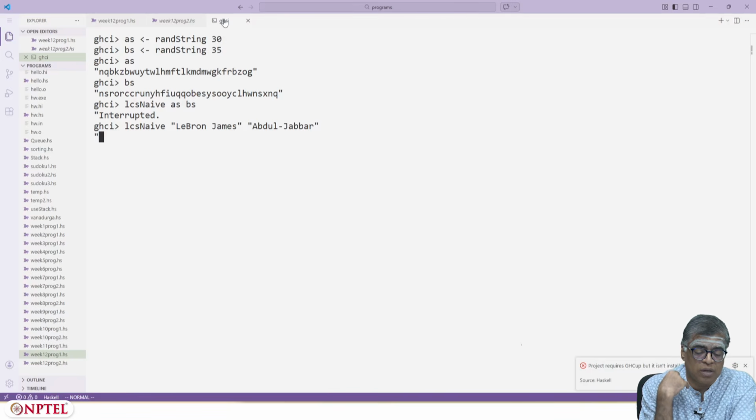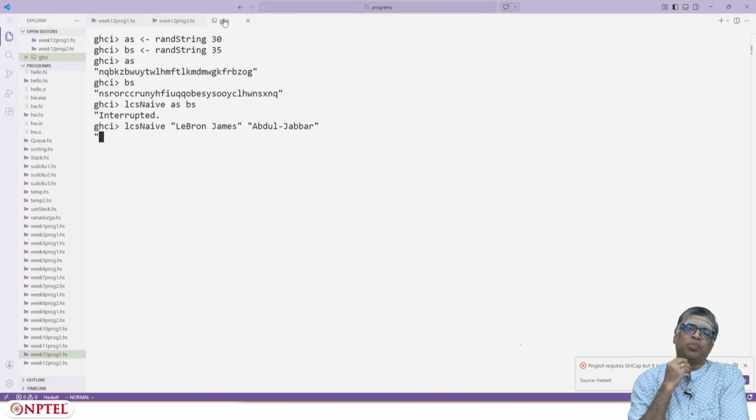And what is the common part between LeBron James and Abdul Jabbar? It is just JA, so it should be length 2. It should be just the sequence JA. But even that takes so much time to compute. LeBron James is a string of length 12, and Abdul Jabbar is a string of length again 12, and even this is taking a lot of time, right? So let me abort this.